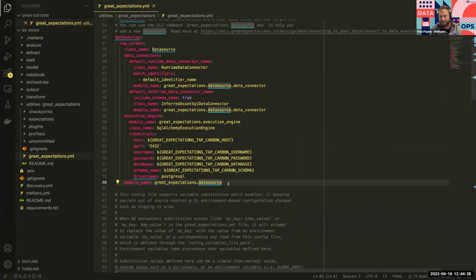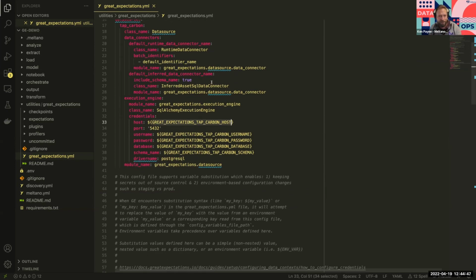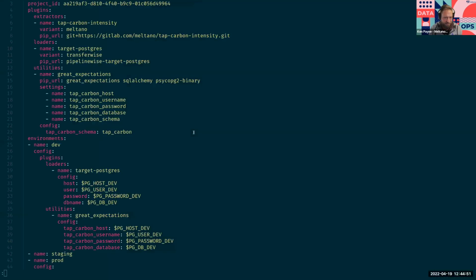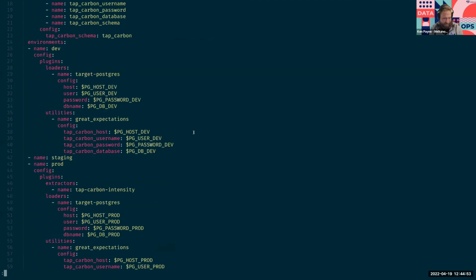So I had to give target Postgres the configuration details of the Postgres database. Those happen to be the same ones I've used for giving Great Expectations access. So I've been able to reuse those, define those credentials once and reuse them across multiple plugins. Using environment variables, I'm enabled to inject those directly into my data source config inside Great Expectations. And this is super cool. It allows us to, for example,